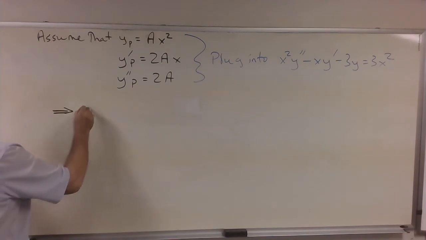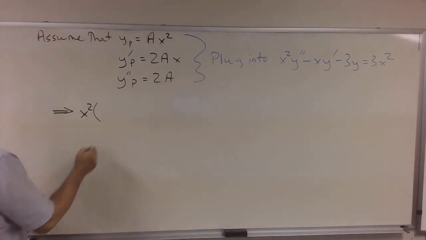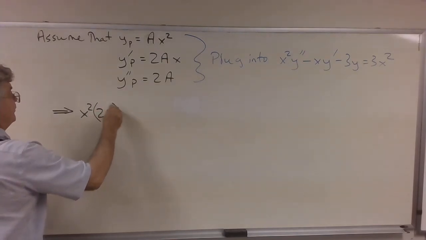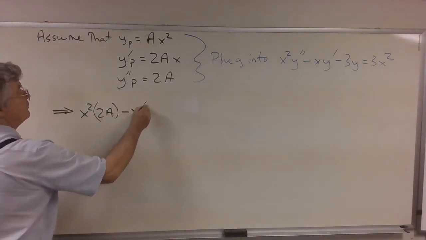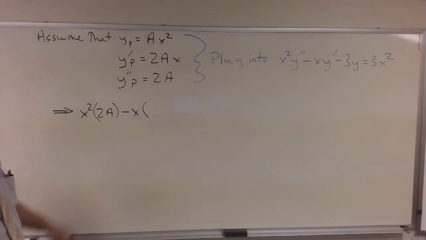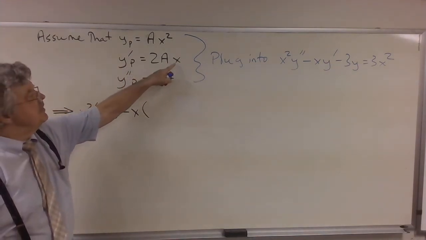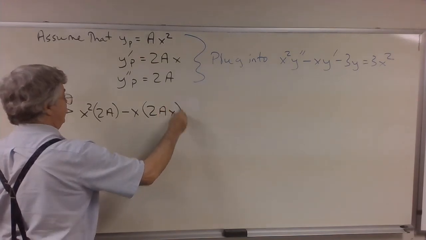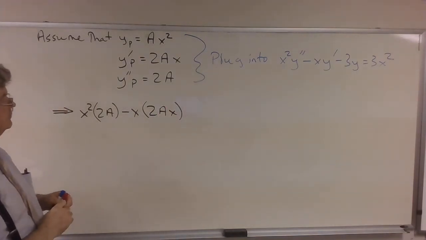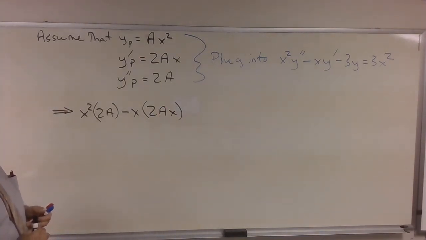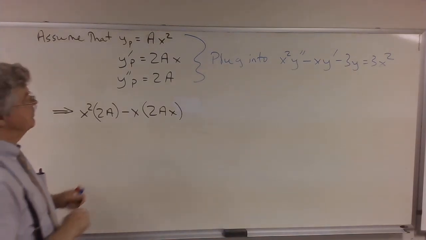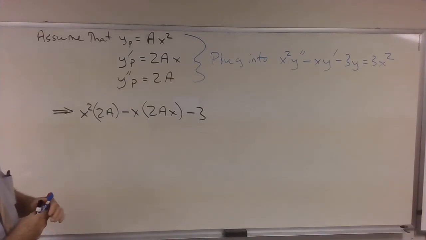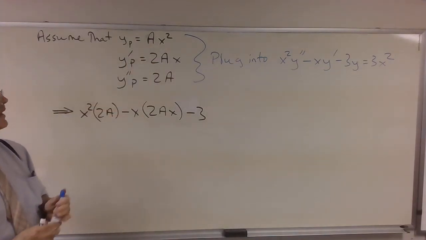Okay, x squared times y double prime, that's 2a, minus x times y prime is 2ax, and we have minus 3y, y is ax squared,